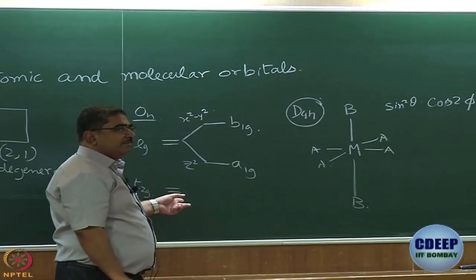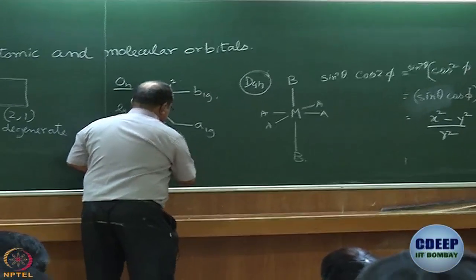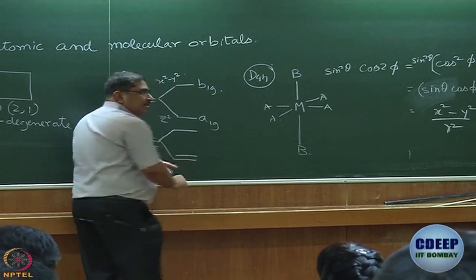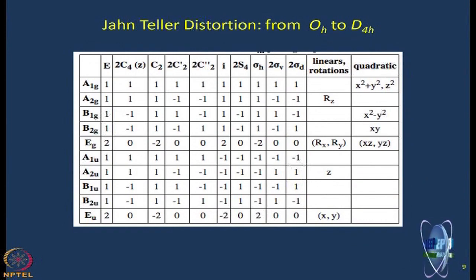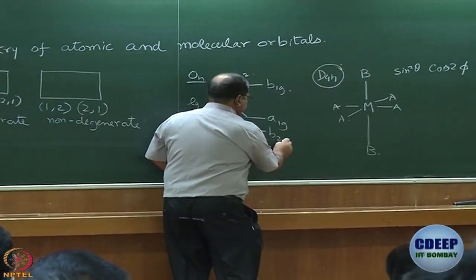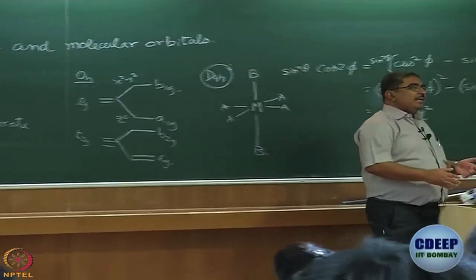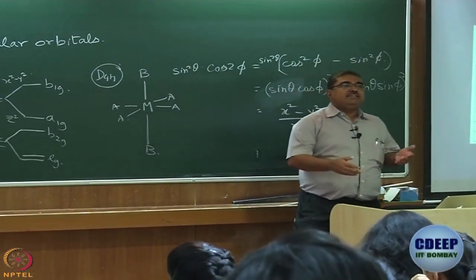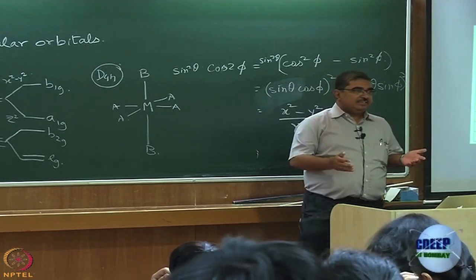Similarly, there will be a splitting here. So, here XZ and YZ is in one symmetry species, xy is in another symmetry species. By similar arguments, which one will be lower in energy, which one will be higher in energy, right. If I want to write the Mulliken nomenclature, what will I write? Eg is the lower one and the higher one is B2g. So, you see, just by using symmetry, we can get at least a qualitative idea of what to expect in the energetics of orbitals in different kinds of symmetries.